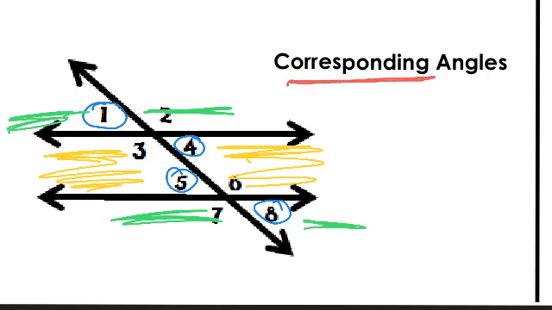All 4 of these angles are congruent. They all have the exact same measurement. They're all acute. If angle 1 measured at, let's say, 68 degrees, then so would angle 4, 5, and 8. And I wouldn't have to do the supplementary math to figure out what angle 2 is, then to determine